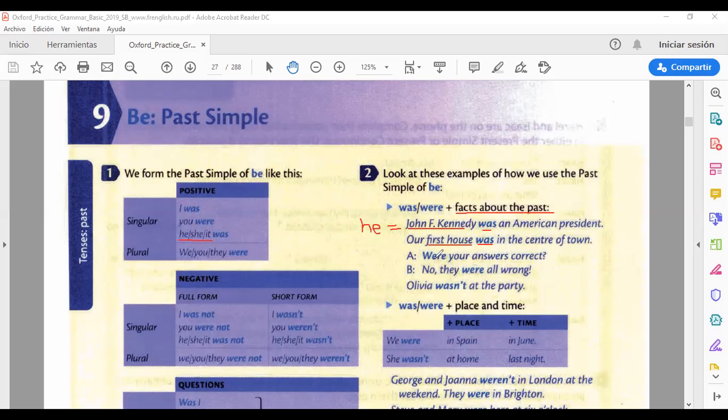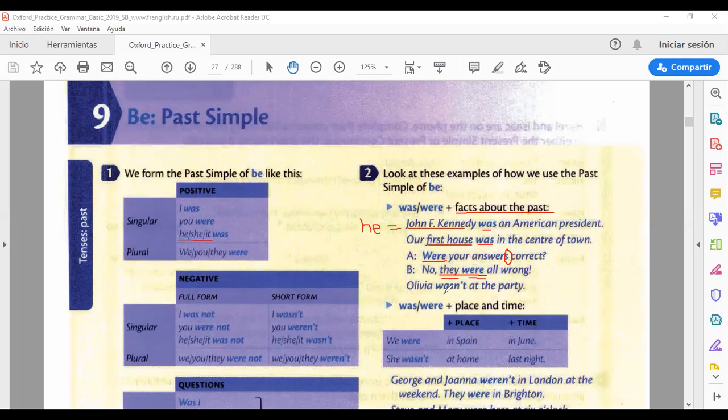Okay, now one question right here. Were your answers correct? No, they were all wrong. Okay, now because we're talking about plural form answers, many, we use were, and usually we answer the same way. No, they were all wrong. Okay, plural form,